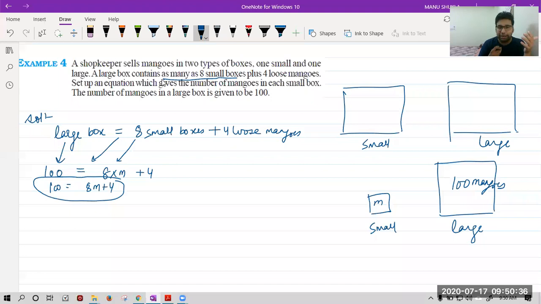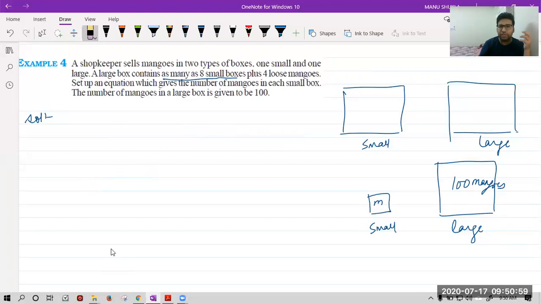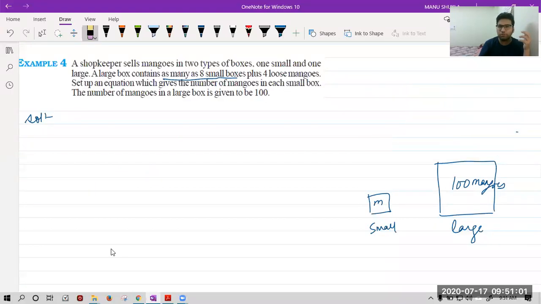I know it is difficult to understand. I'm again repeating, time is less. I will take the last 2 minutes again. Try to understand. We have to first make a statement and then we have to give the numbers to it. Again, I'm repeating. Ryan is saying he understood this. Very good, Ryan. Again, see. Just read the question carefully 2-3 times and it's very easy to solve.